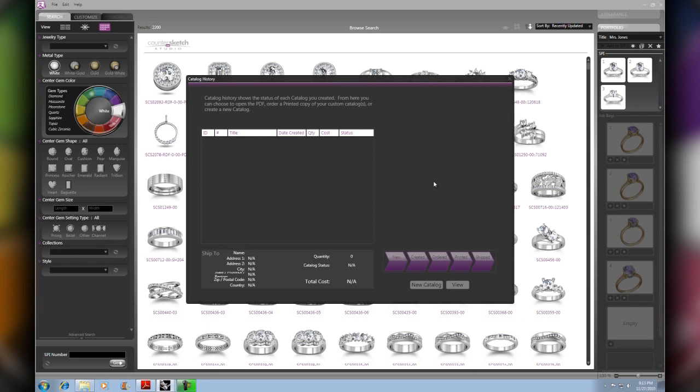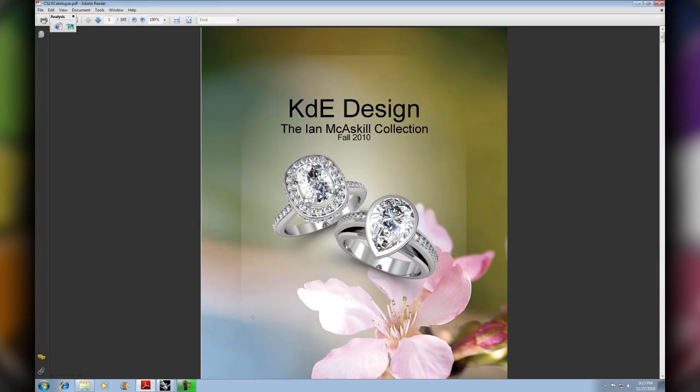In the catalog history, you will see the information on the catalogs that you have ordered. It takes a day or two for this information to be processed by Stuller. In fairly short order, you will receive notification that your catalog is ready. And at this point, you can download a PDF document from the Stuller web server,